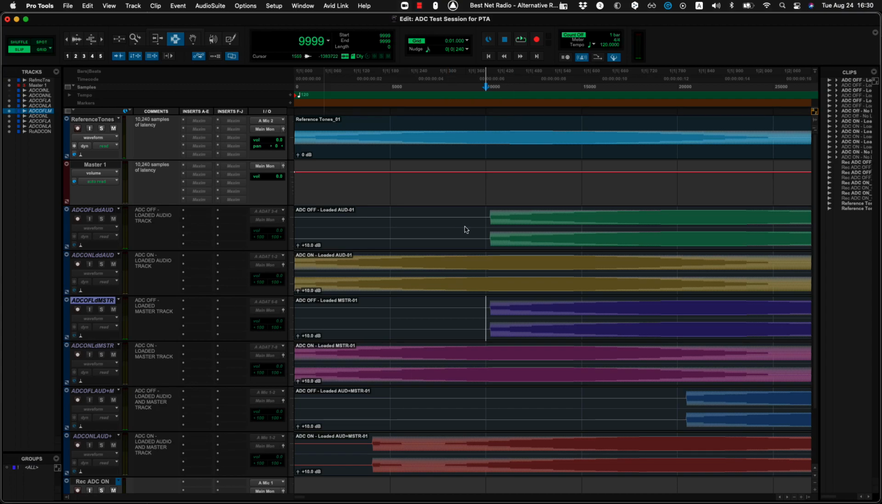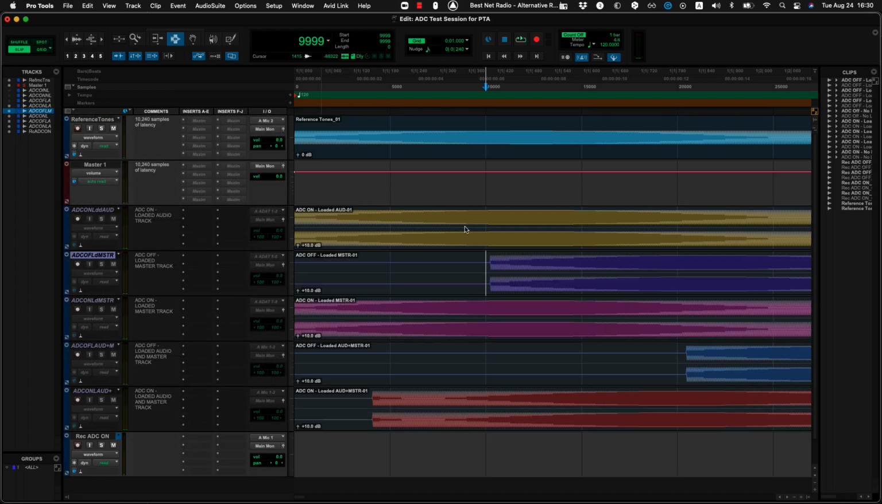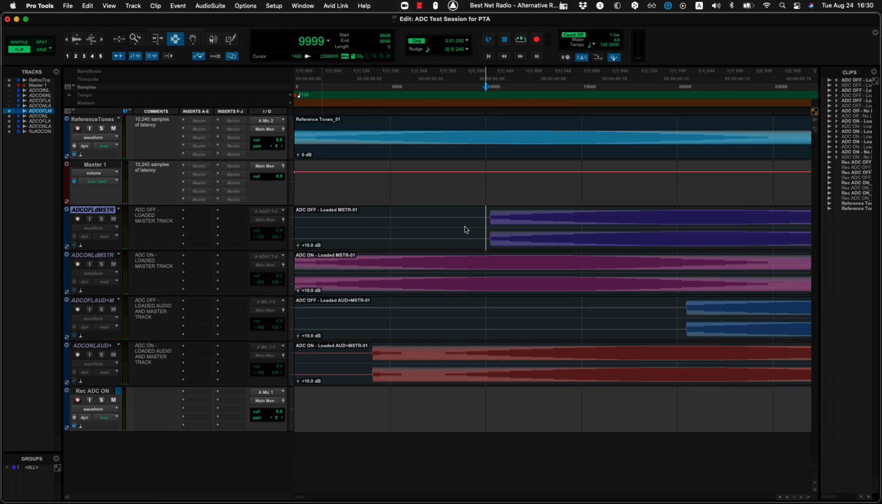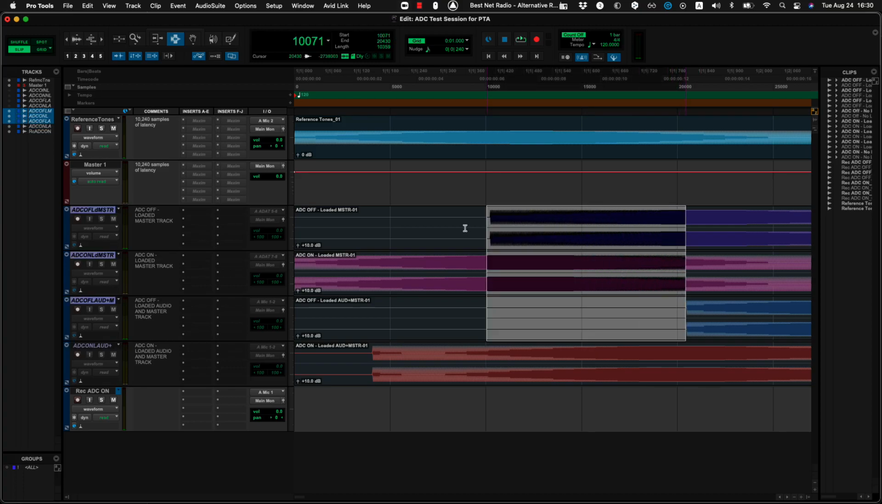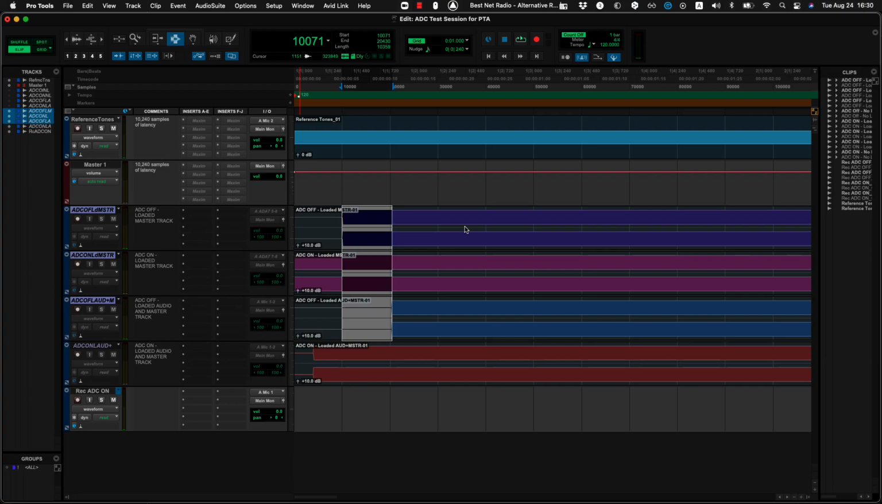Okay, so we got those two done. Now, I loaded up the master fader track. I unloaded the reference tones from here, and then I loaded it up on the master. So it's the same amount of latency, but on a different track, and it's exactly the same thing. None of this is a surprise, but it's worth showing because it actually does what it says it does. And this one down here is with all of it on, so you can see that the latency is just about double this. Basically, this shows that if you're not compensating for the latency,